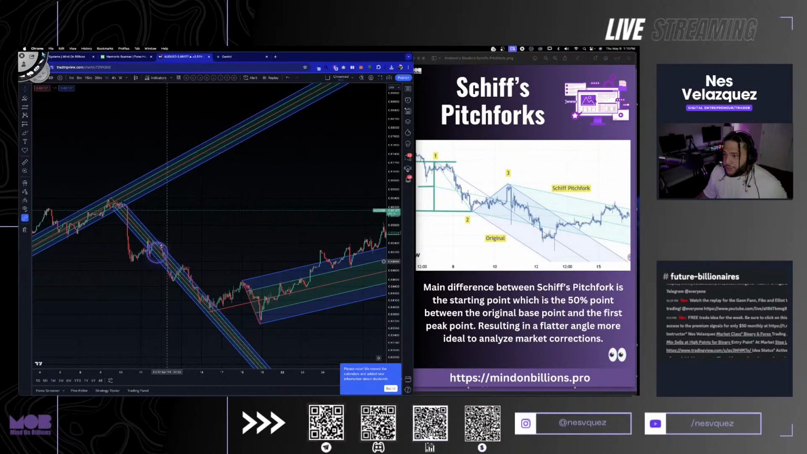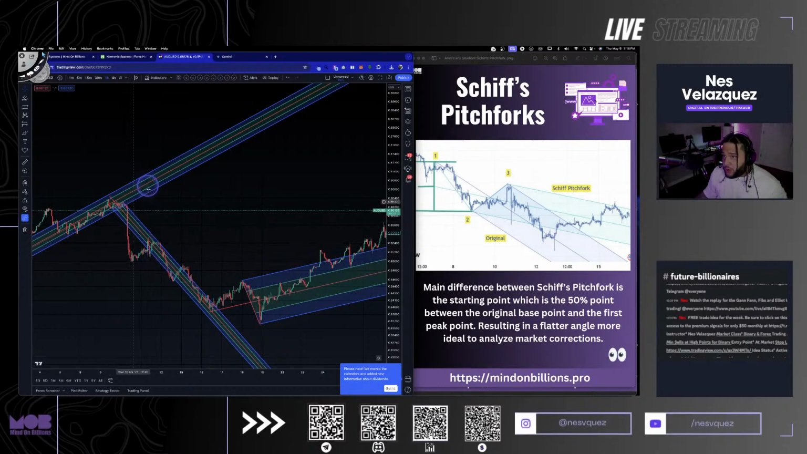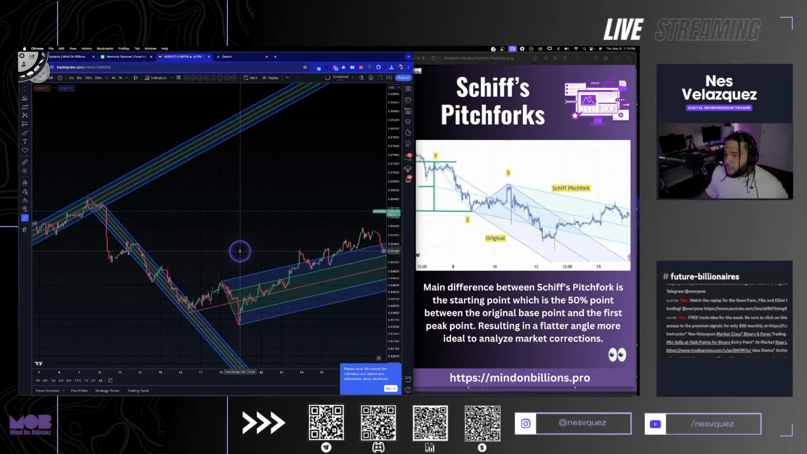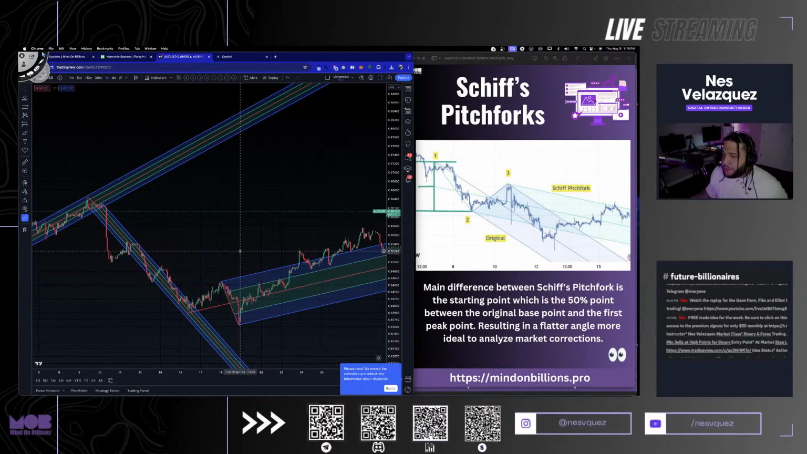You can use it for the same kind of functionalities. I would use this for 1 hour. I think that would be perfect. 30 minutes, 1 hour, I think would be great for shift Pitchforks. Traditional Pitchforks, I could have it pretty uniformly on all the time frames, but really for a narrower, more aggressive approach to finding excellent entry points, shift Pitchforks